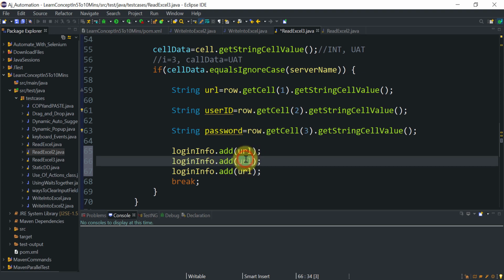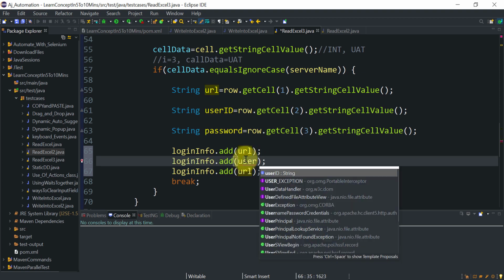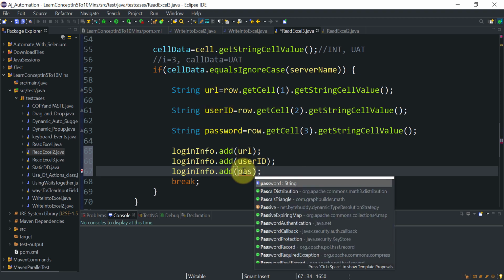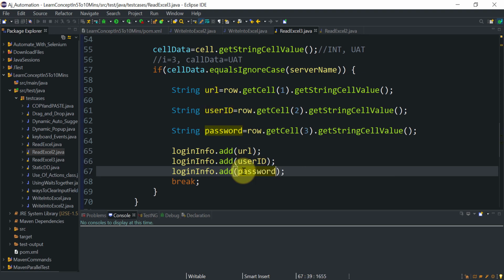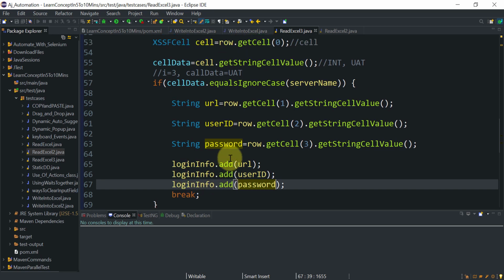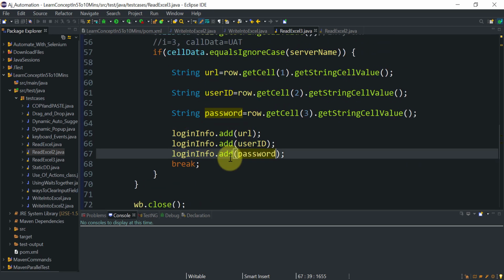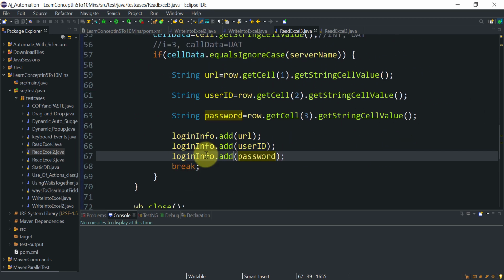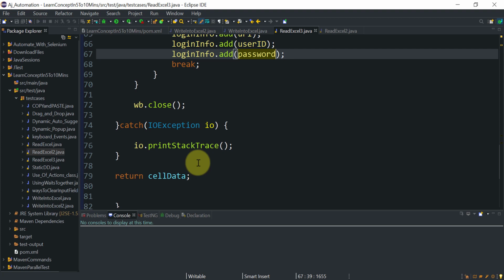So here I will add the user ID and here I will add the password. So we got all these three values saved into this array list, and now you just have to return this array list. Once our operation is done, we need to return this complete array list to the calling method.